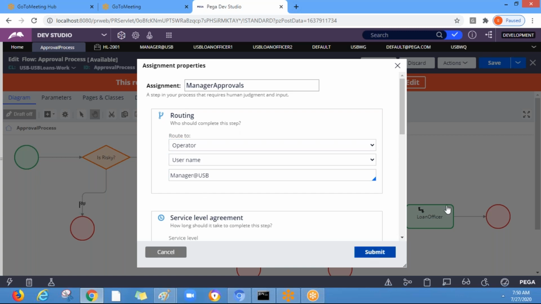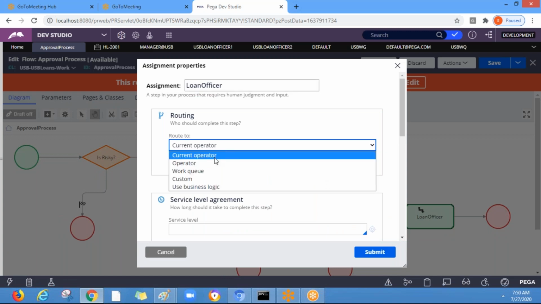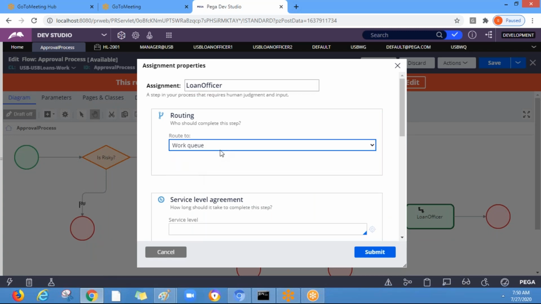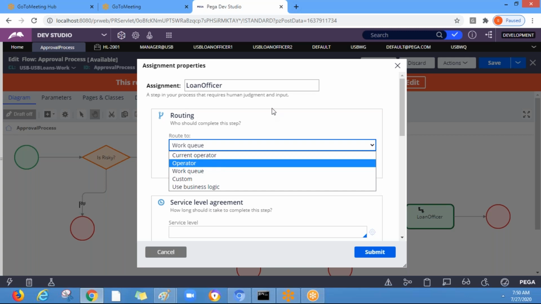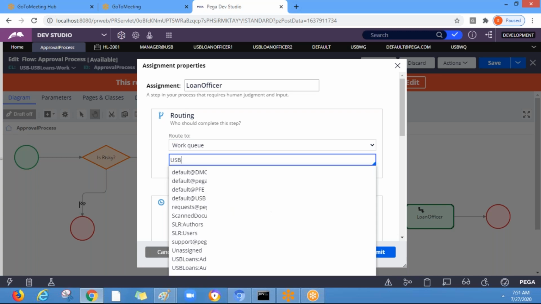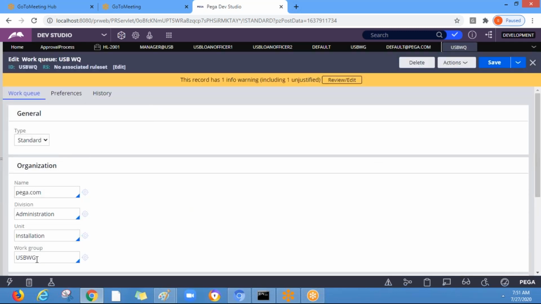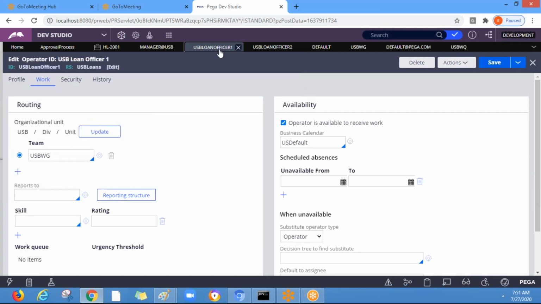So now let's go here. Loan officer. So select work queue. And what is the work queue name? USB work queue. So internally, it will check what work group is defined and to whom that work group is assigned. So we have a work group, USB work group, and it is being assigned to loan officer 1 and loan officer 2.